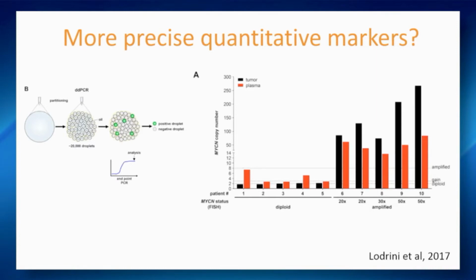And as we move towards higher precision and more precise quantitative markers, I think if we're really looking at techniques for MRD and minimal disease detection, digital droplet PCR looking at specific markers is probably the technique that should be adopted for this. And I would like to mention this very nice publication of our colleagues of Angelika Eckert's group, where the MYCN status was studied by digital droplet PCR, and the amplification could readily be identified in these